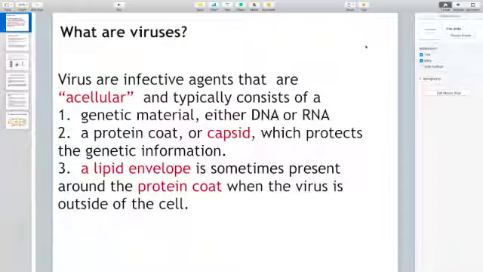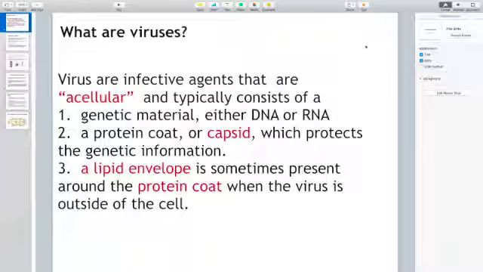In this lesson, we are going to learn some basic things about viruses. As you are probably familiar with the word, viruses cause colds and a lot of other illnesses. So, what are viruses? Viruses are defined as infective agents that are acellular, meaning they are not composed of